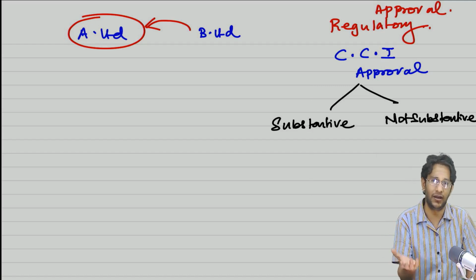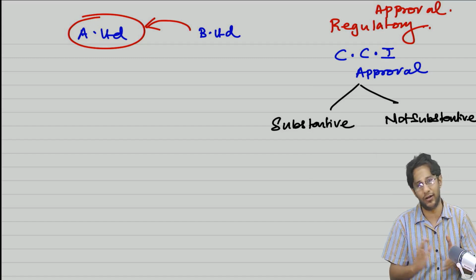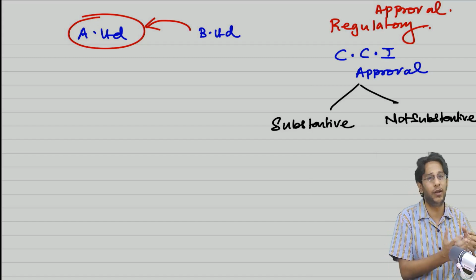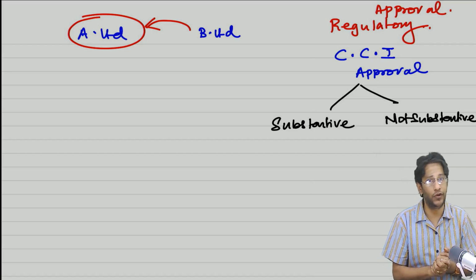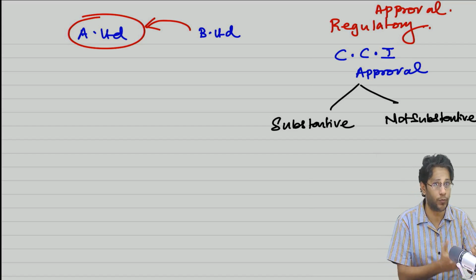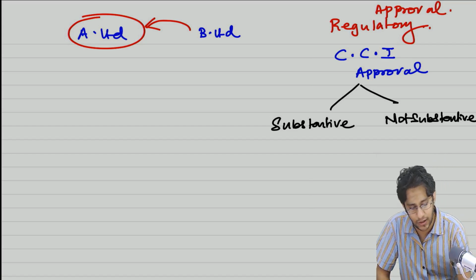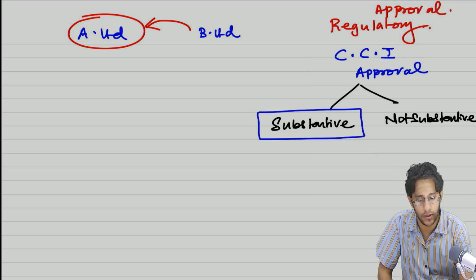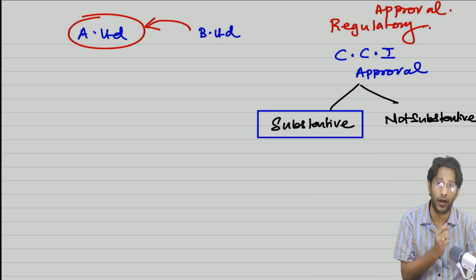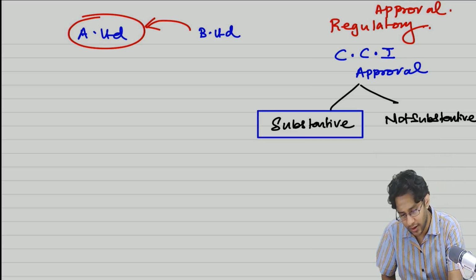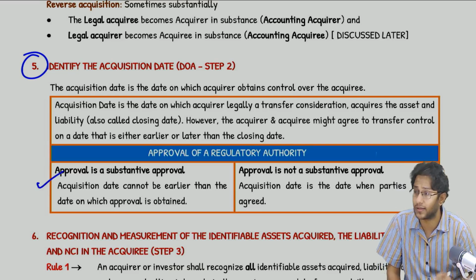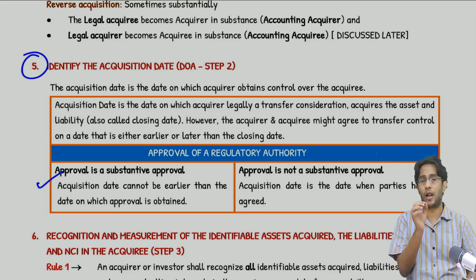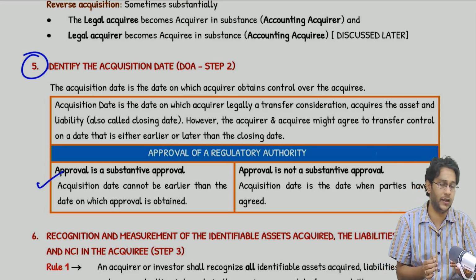You just apply, you will get it anyway. It's not a very serious thing, so the chance of failing is very, very less. If it is an important, critical approval, without which you cannot proceed further, that is called a substantive approval. So whenever a regulator approval is required, all you have to check is whether it is a substantive approval or not. If it is, then your acquisition date cannot be a date before the